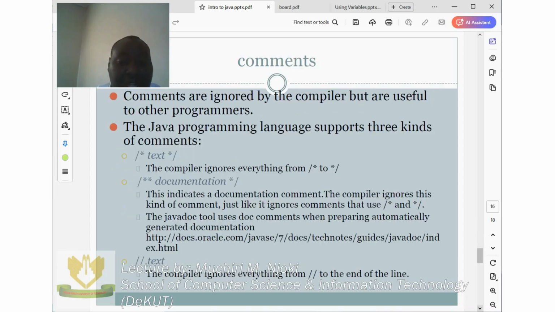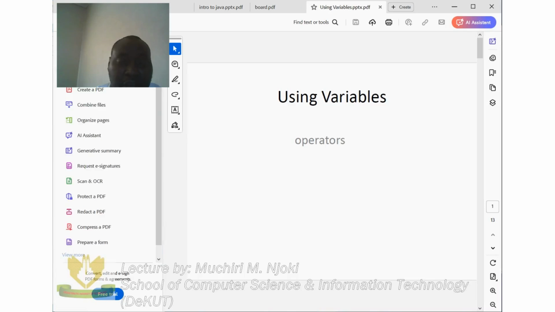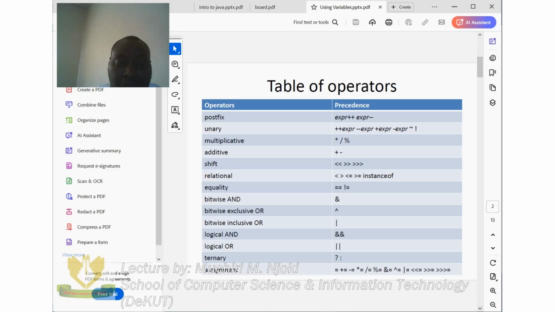So this is basically an explanation of that first class. After this, we also discussed the use of variables. This one we did, and I'm also going to go very fast on this. In variables, we discussed, for instance, the different operators in Java. All these are different operators in Java. These are signs that you can use in Java and some of the operations that you can do in Java,